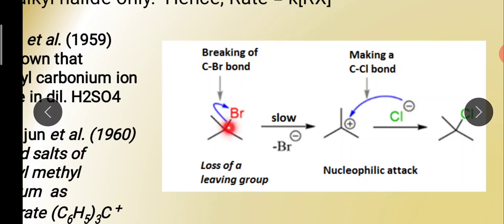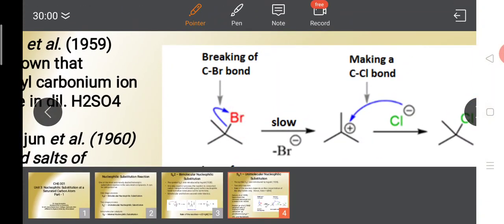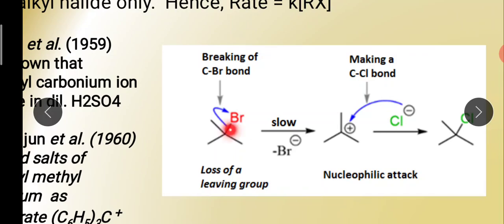In the first step of the reaction, you see that the carbon and bromine bond gets broken. So in the first step, breaking of your carbon-bromine bond takes place. As a result, carbon carries a positive charge and bromine leaves with a negative charge. Due to the loss of electrons to the leaving group, carbon becomes positive, and this is called a carbocation. Now, once this carbocation is formed, your chloride will come and attack with its pair of electrons on the positive carbon, giving you your